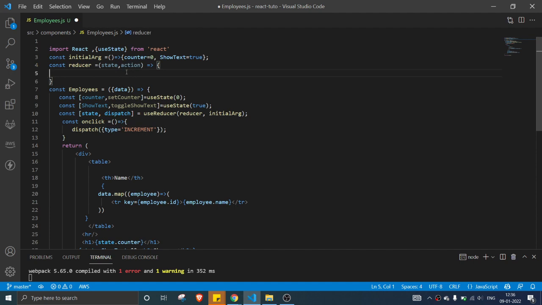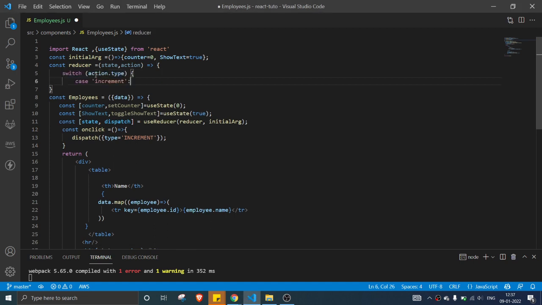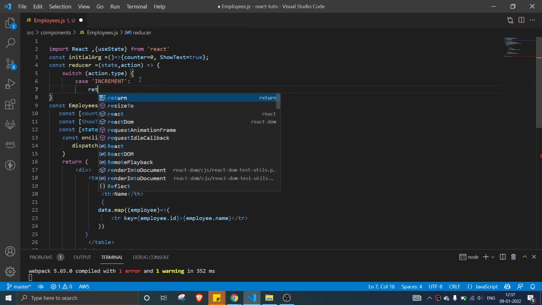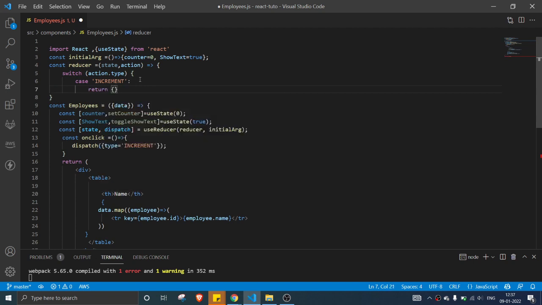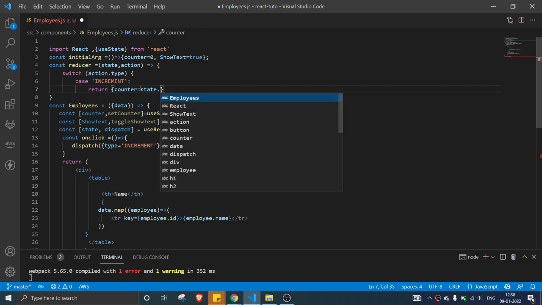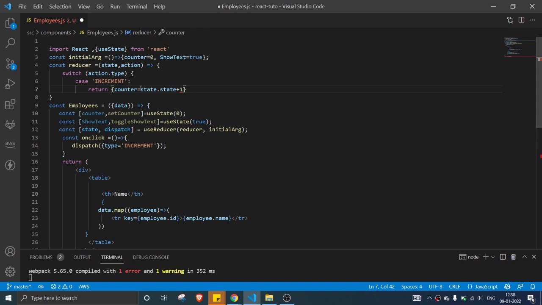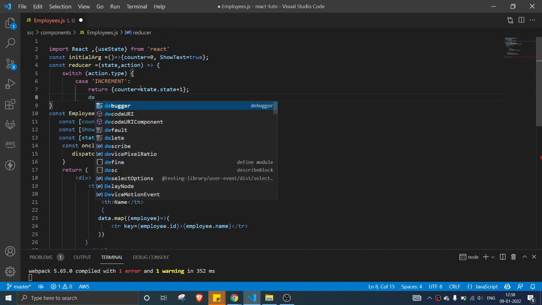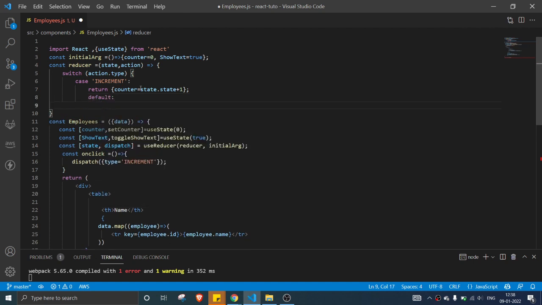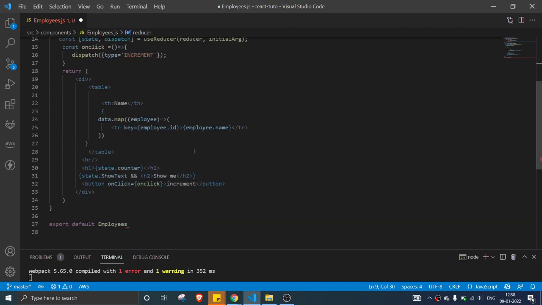Here I am going to create one switch statement. Switch on action type: if the case is increment, then return counter plus 1. And then default, return state.